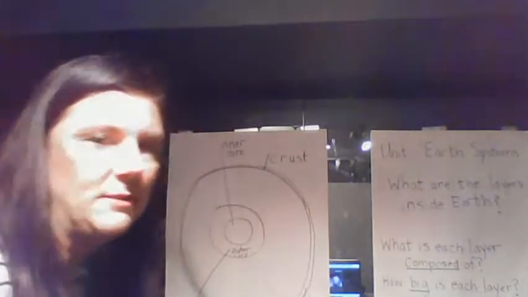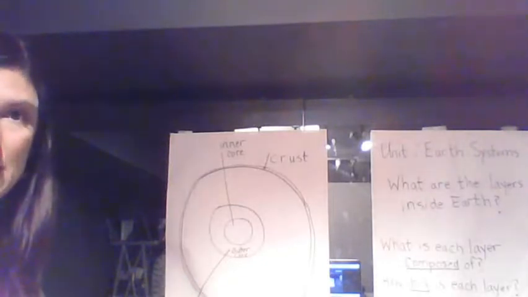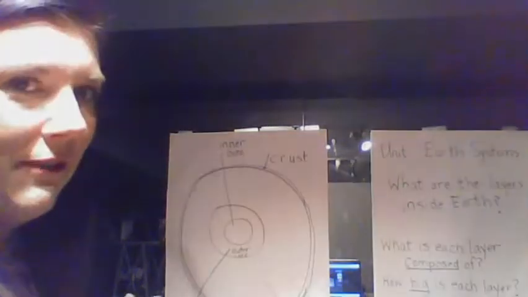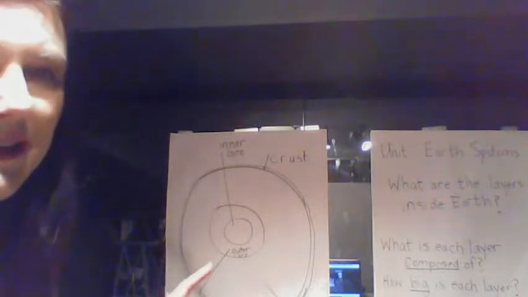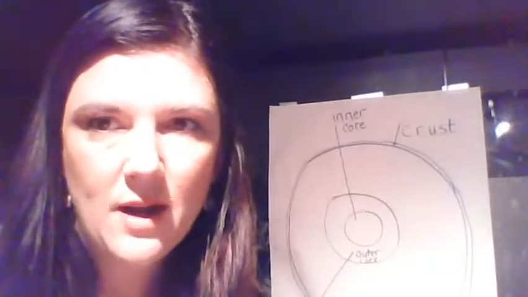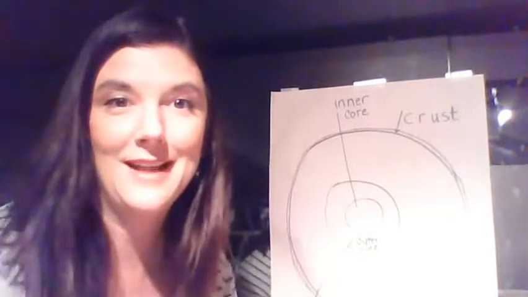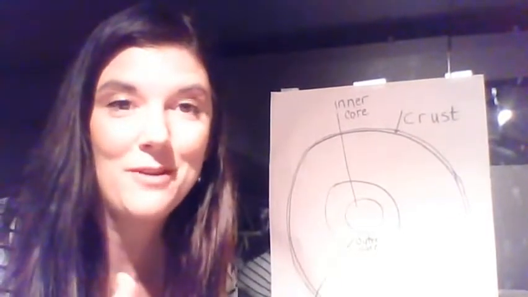All right, now this is my very basic drawing of the Earth layers. I will be flipping the camera around and showing you some graphics, okay? But first, let's just talk about the layers of the Earth with Miss Purdy's really simplistic drawing. We can break down Earth's layers into four main parts. Mind you, I could take each one of these layers and divide them even more, but for beginning purposes,